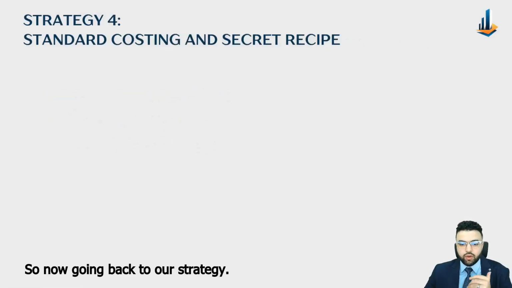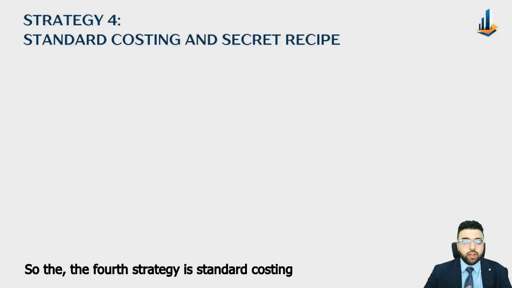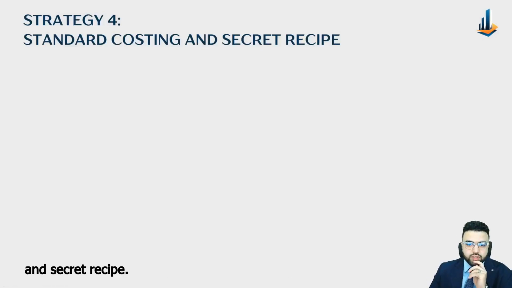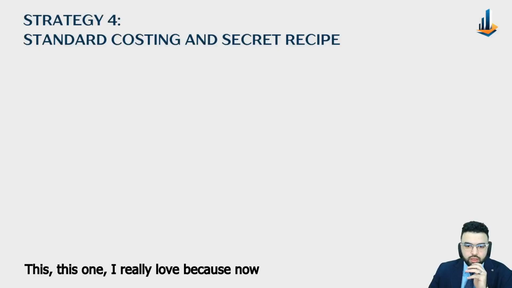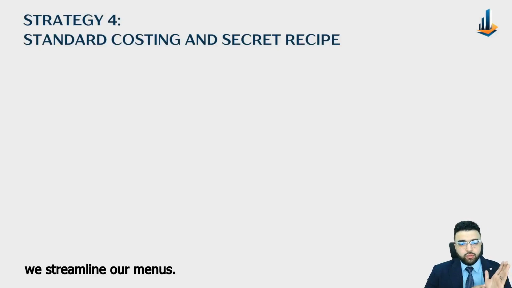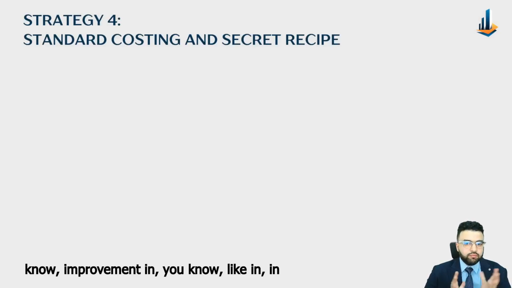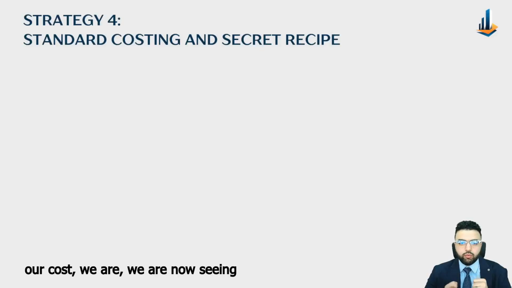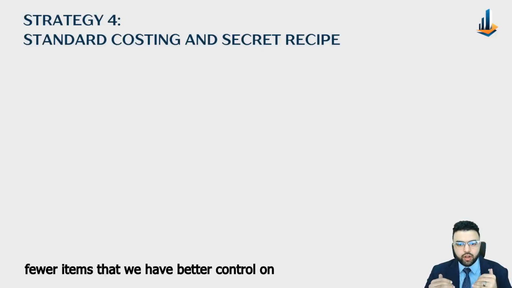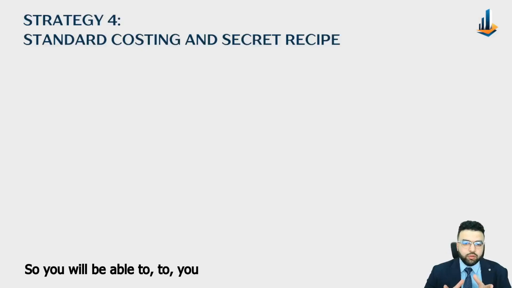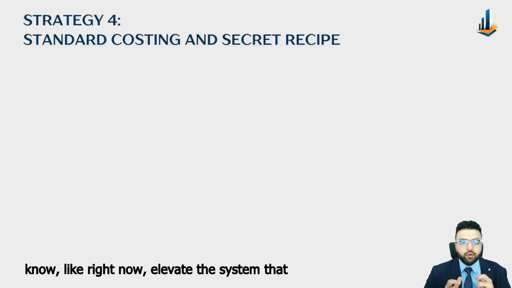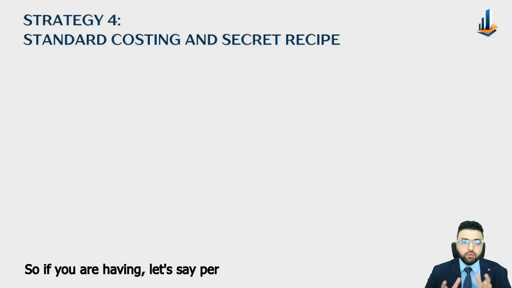So now going back to our strategies. The fourth strategy is standard costing and secret recipe. This one I really love because now we have streamlined our menus. We were able to see a lot of improvement in our cost. We are now seeing fewer items that we have better control over. So you will be able to elevate the system that you are using. So if you are